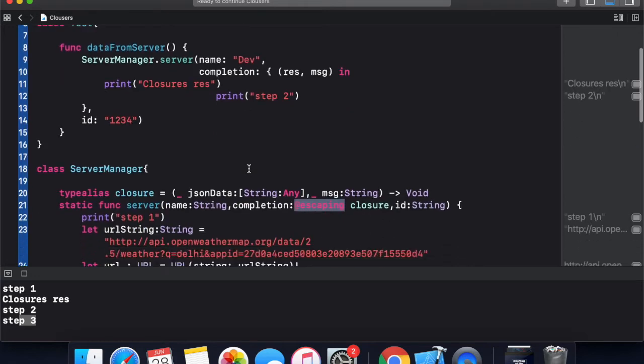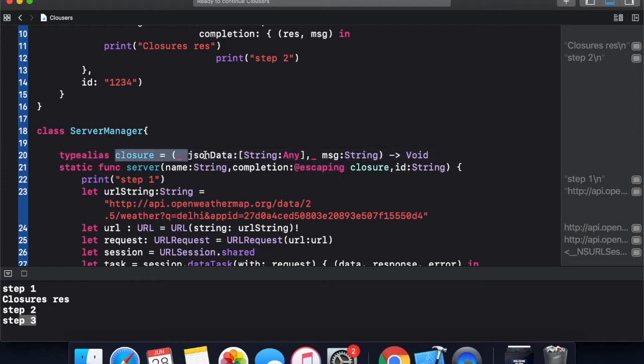Here we can see that this is my closure, and it is in the middle of these two parameters, between the id and name parameters. So this is not my trailing closure.